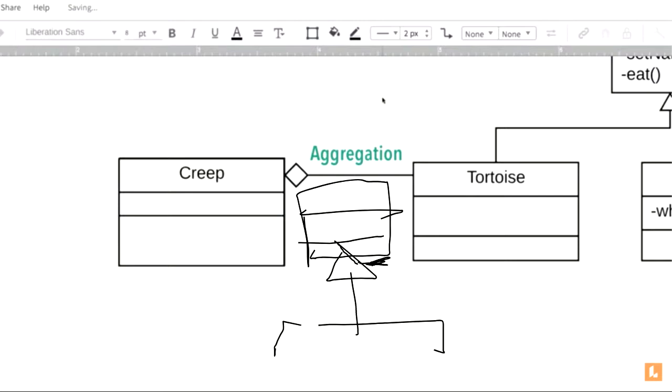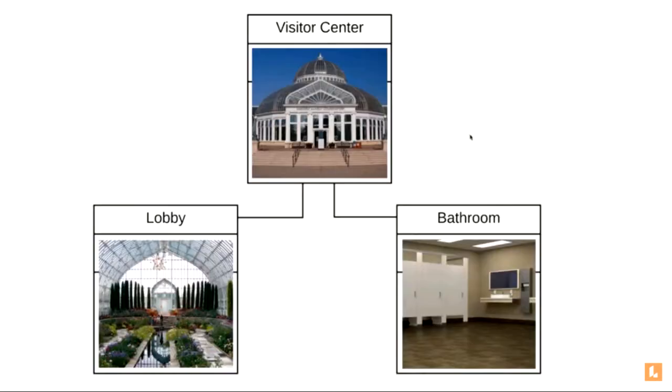And next we are going to see composition. In the composition also, the composition symbol will be towards the parent class. So this was all about aggregation. Let's see the next thing. The next relationship is composition. Composition is represented by again same diamond block, but this time it will be black in color.